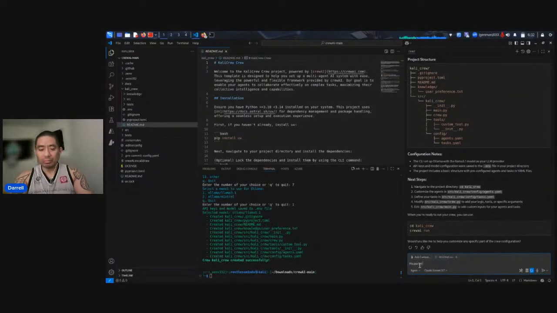Please help me customize the Kali Crew to assist me in learning Kali Linux.